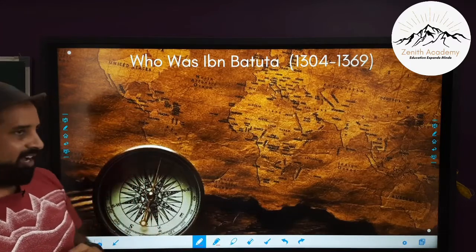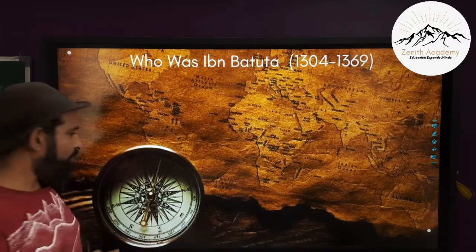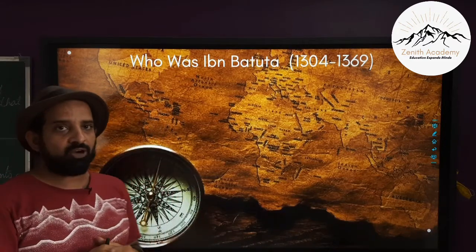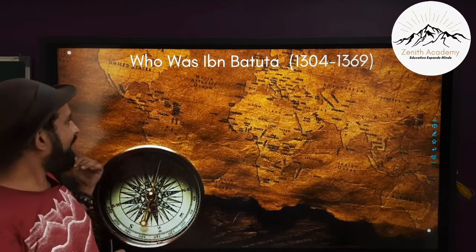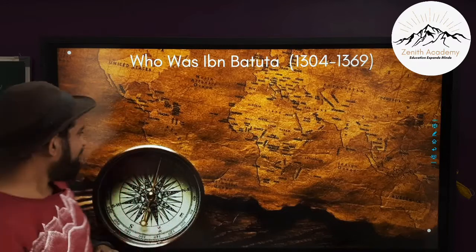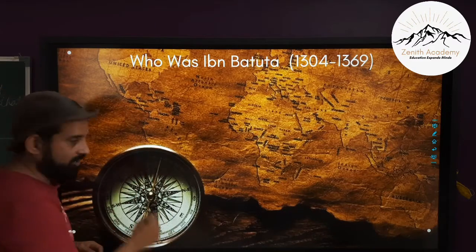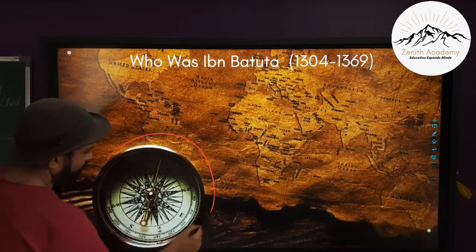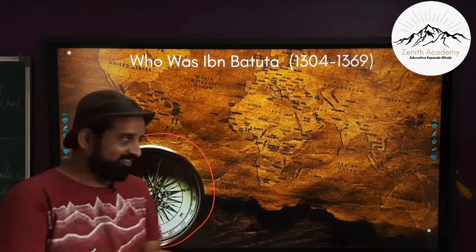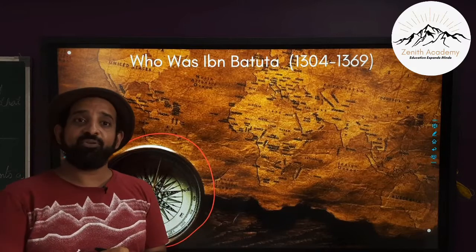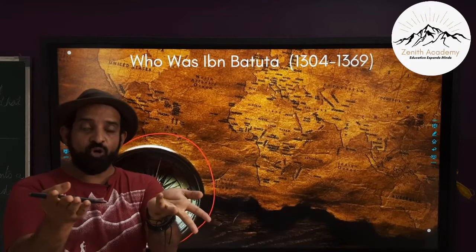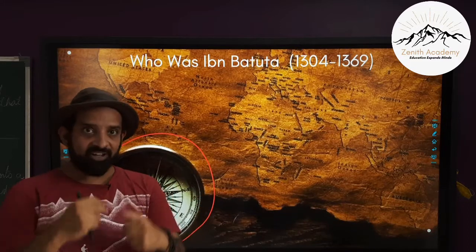Okay, so students, as you all know, every video we come out with a quiz. If you know the answer of this quiz, please put it down in the comment box. Here I have put up a background of the world map. Okay, and there's something very interesting which is here, which is, what is this called? It is a compass. It is not your compass box, but this is a compass. Okay, it helps you navigate, find different directions and search your home or search for any place that you want.